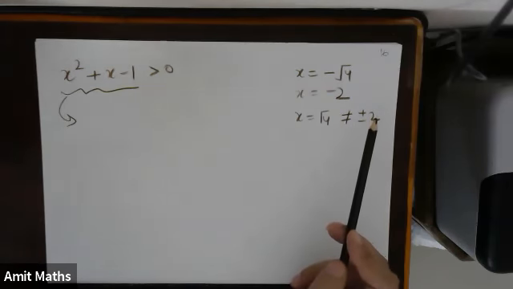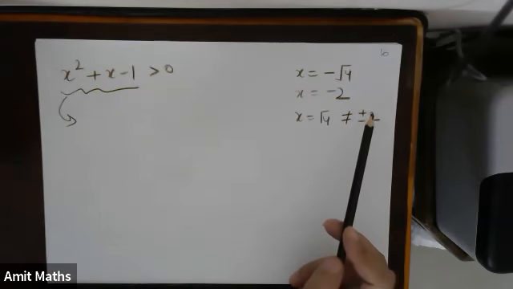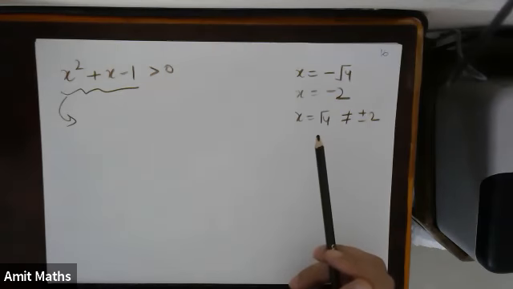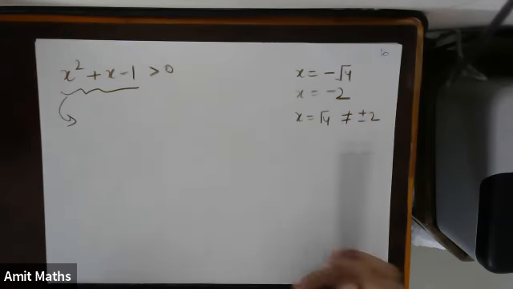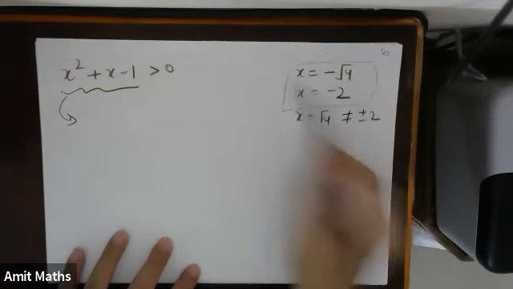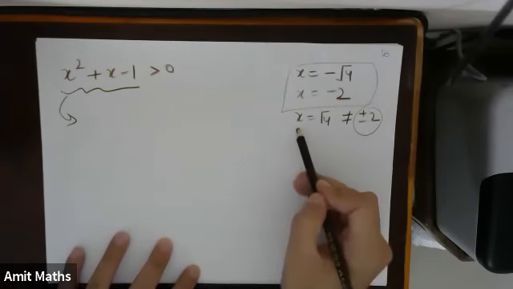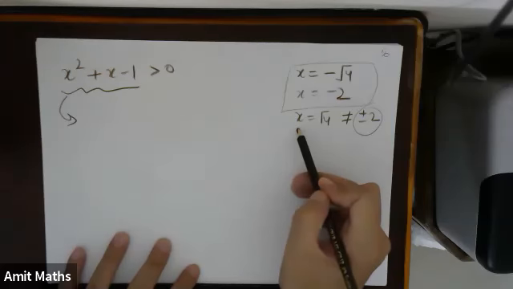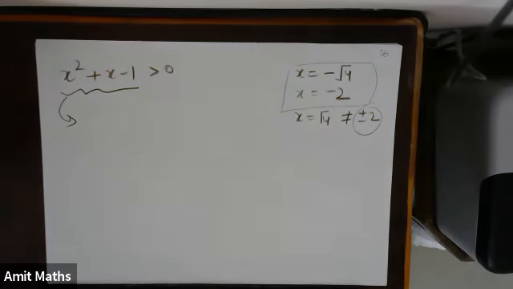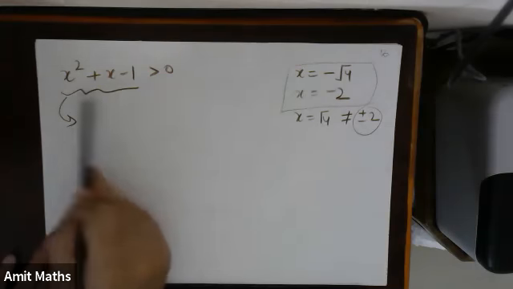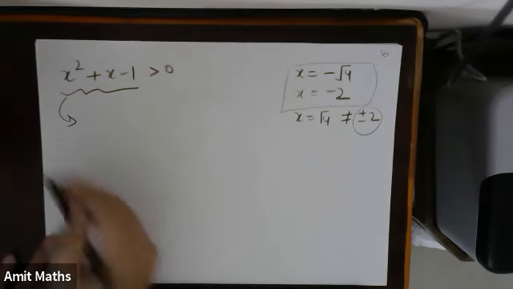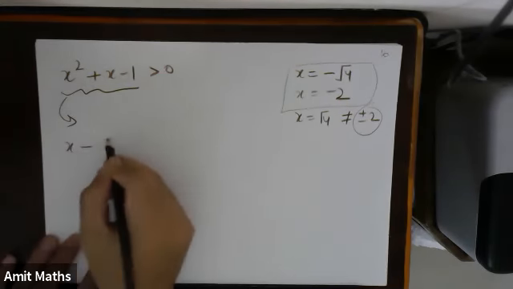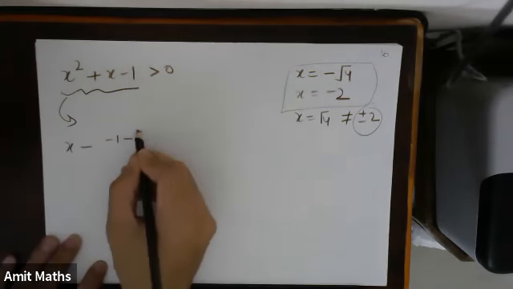A linear equation will only have one solution. A quadratic equation will have two solutions. A cubic equation will have 3 solutions. A biquadratic, or to the power 4, will have 4 solutions, depending on the question. That is why linear will only have 1, not 2, because this is not quadratic. Understood? Okay, fine.